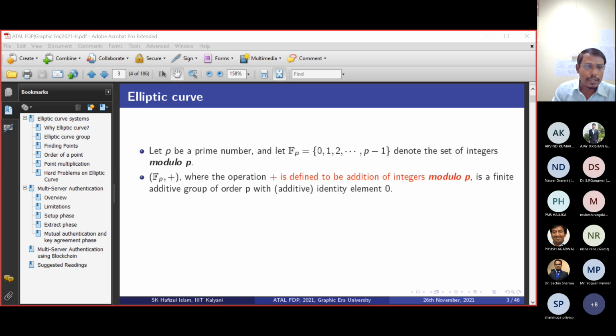Similarly, one property, if A plus B is equal to B plus A, is called the abelian property or commutative property. So here you see, for addition, A plus B equals B plus A is fine. But if you talk about subtraction, A minus B is not equal to B minus A, so this will not satisfy the commutative property. Similarly, matrix multiplication will not satisfy the commutative property.